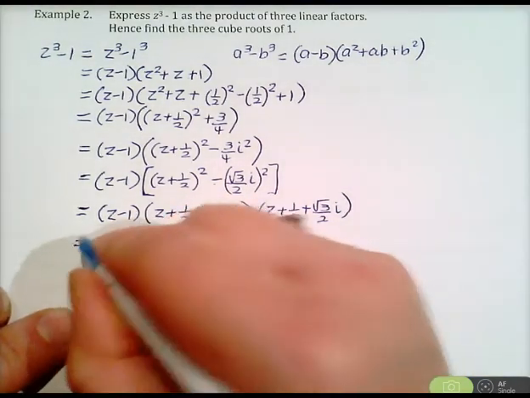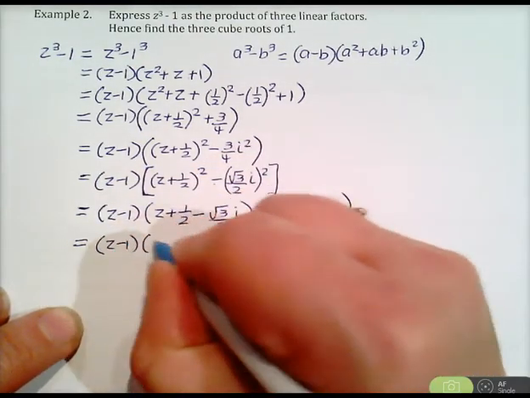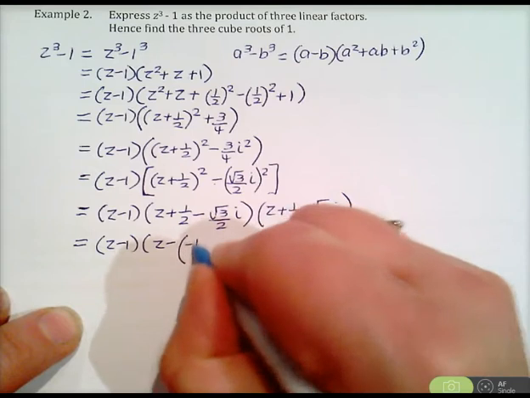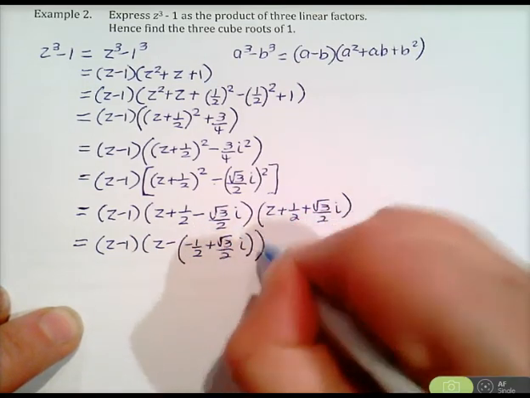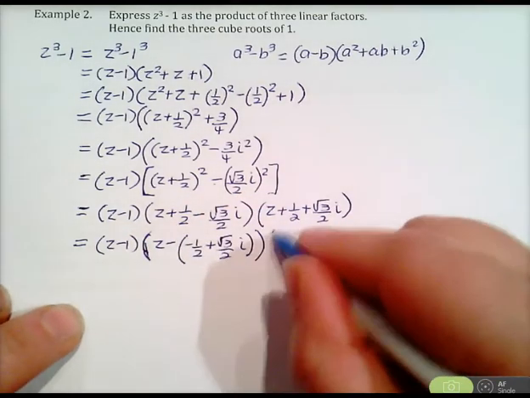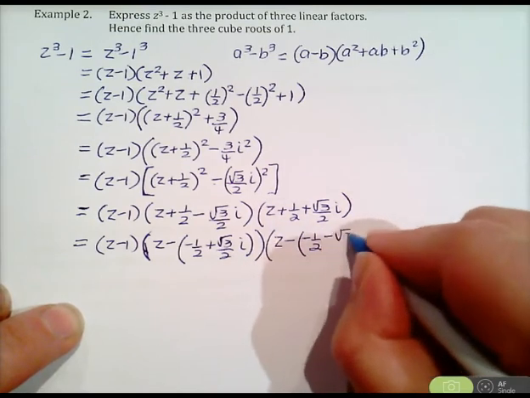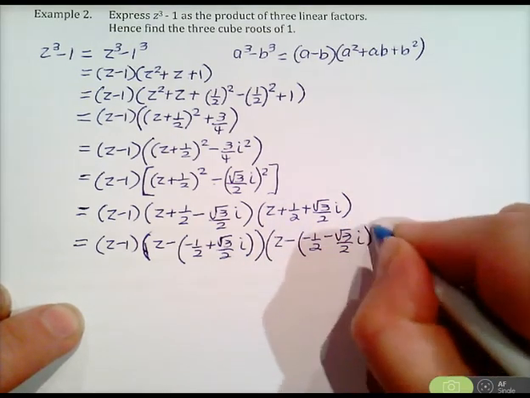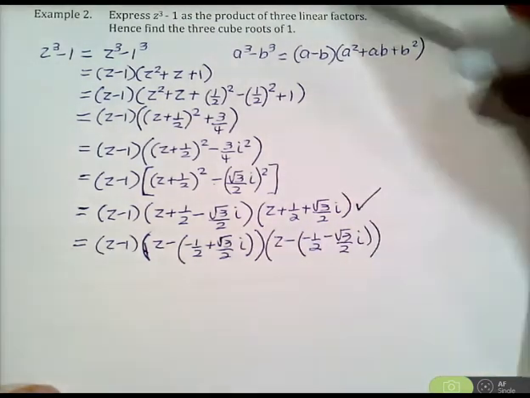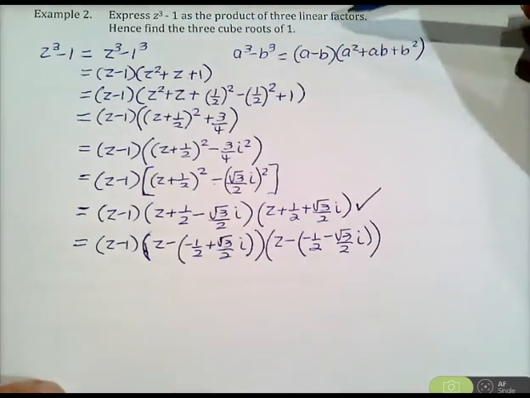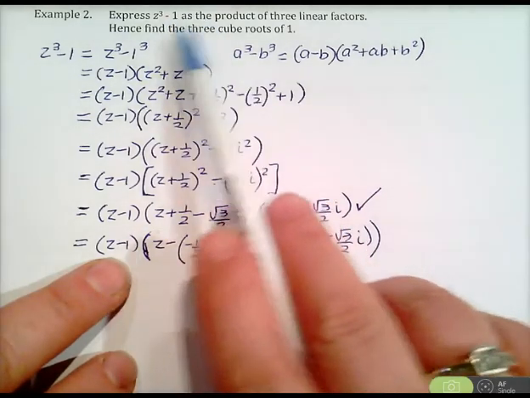Now I'm going to write that in the format of z minus, z minus. So that's z minus 1, z minus negative a half plus root 3 over 2i, z minus negative a half minus root 3 on 2i. The reason I'm doing this is it helps with the next step. Okay, so this is where you would stop, where you express z cubed minus 1 as the product of 3 linear factors. But I'm doing this next step because it's going to help me when I find the 3